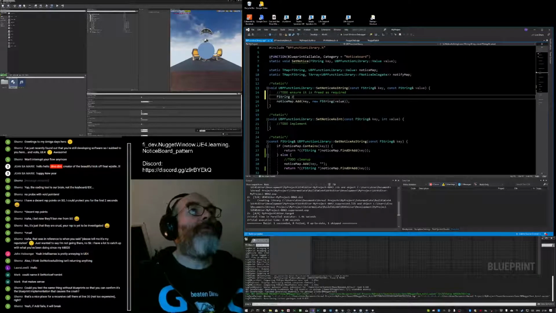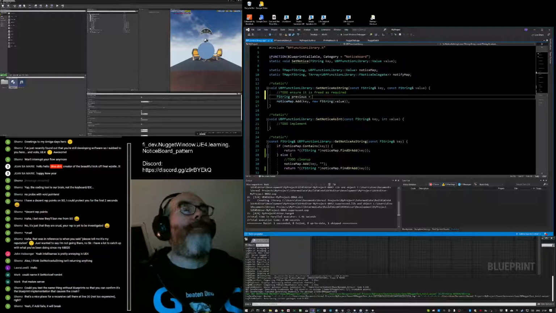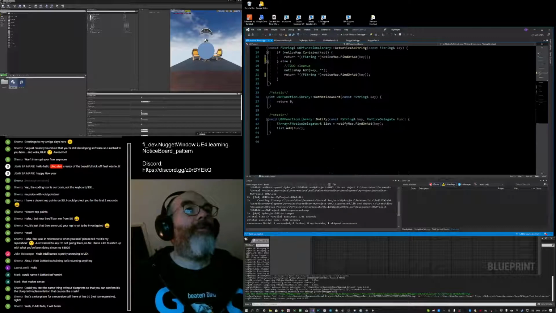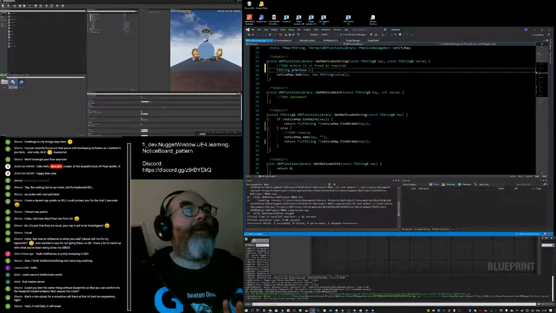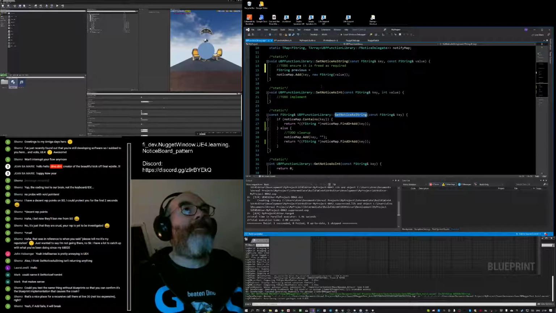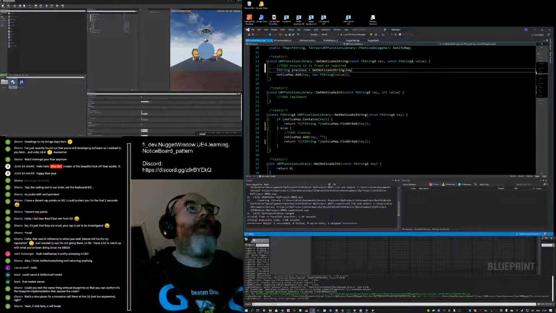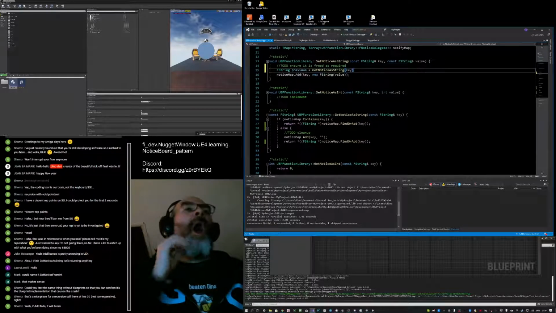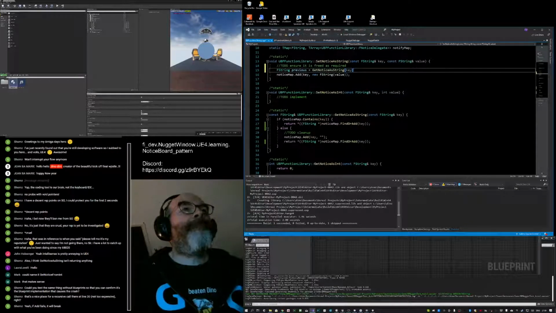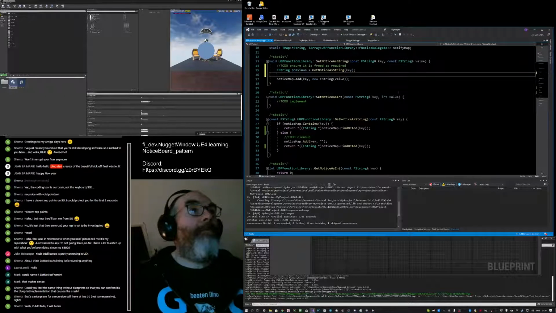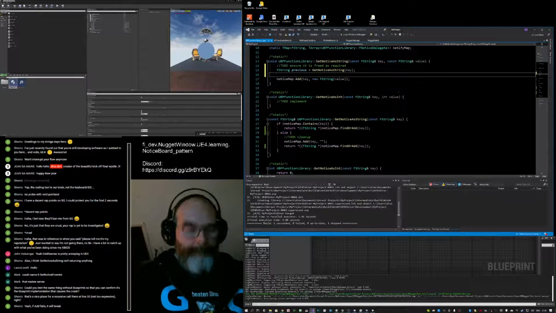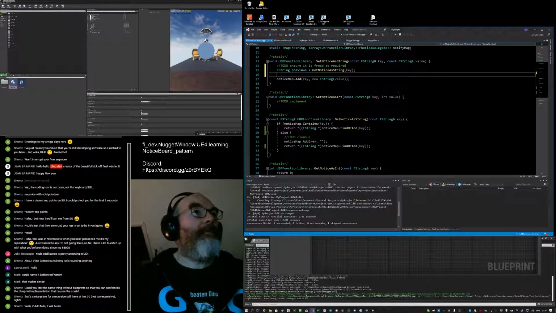F string, I'll call it previous, equals, and for this I can call get notice a string and pass in the key. So that will be the current value of the key, and then we've got the new value, called value.